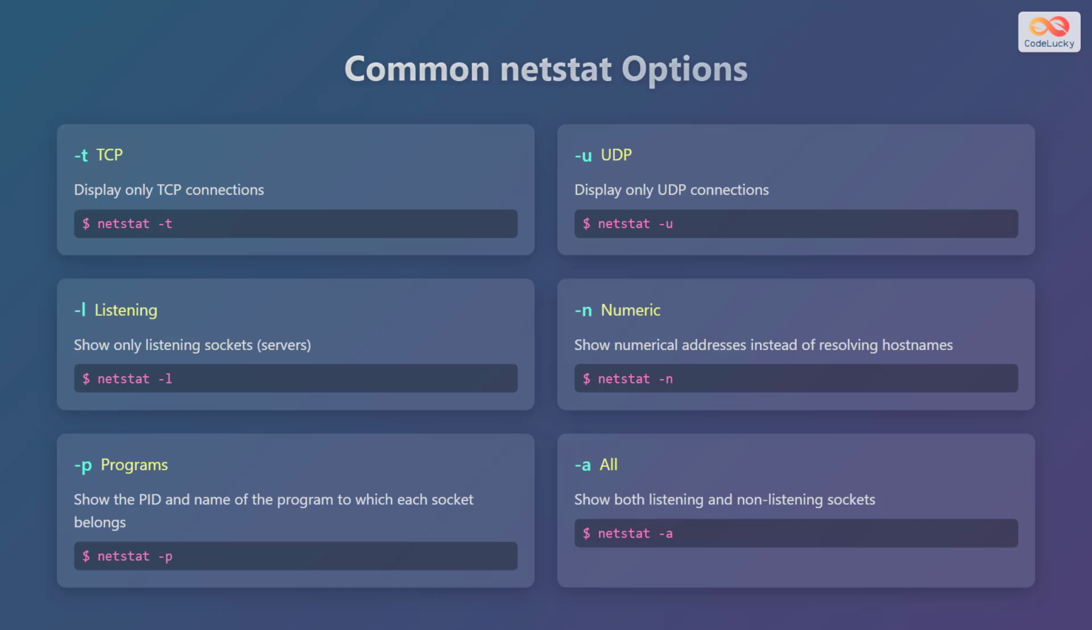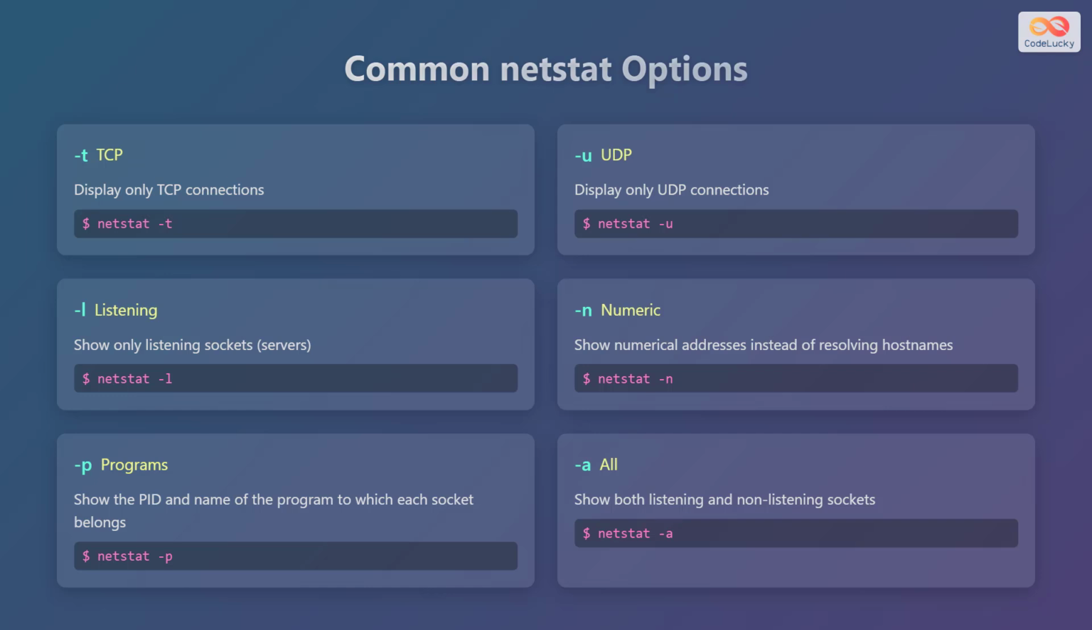Here are some common Netstat options. The -t option displays only Transmission Control Protocol connections. For example, $netstat -t. The -u option displays only User Datagram Protocol connections. For example, $netstat -u. The -l option shows only listening sockets, which are typically servers. For example, $netstat -l. The -n option shows numerical addresses instead of resolving host names, which can speed up the